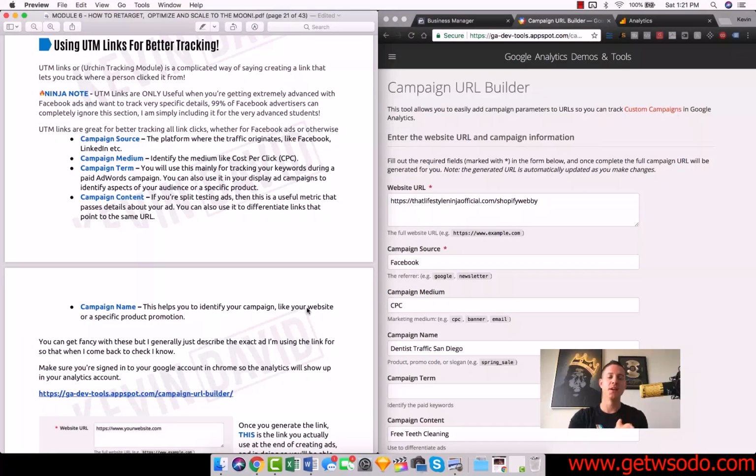Guys, let's talk about UTM links for better tracking, because kind of what UTM allows you to do, and it stands for Urgent Tracking Module. I doubt many people on Earth actually even know that. I had to look that up. But basically, it's a complicated way of creating a link that lets you track where the person clicked the link